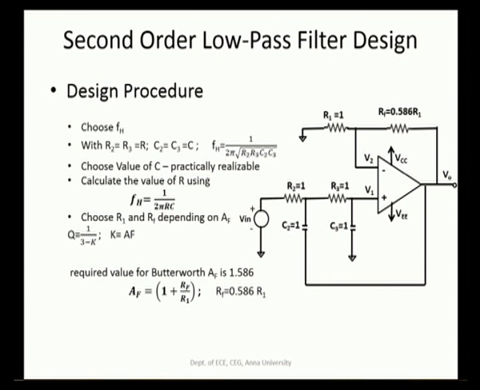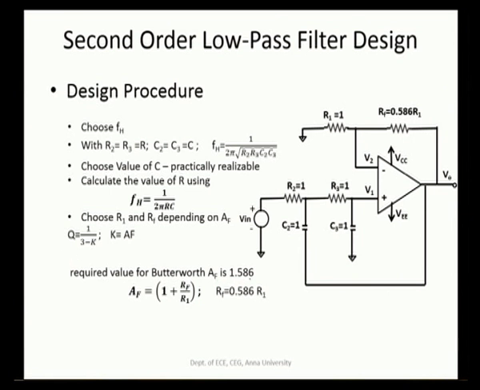The value of C is chosen as a practical value, and once this is chosen, then you can find out what R is. The same value of R must be used for both R2 and R3. Now, choose R1 and RF depending on AF. This will depend on Q here. With Q being 1 by root 2, what you get is AF